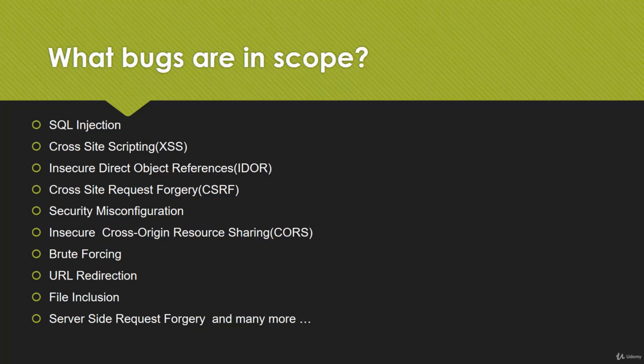Then we'll talk about what is brute forcing, how many types of brute forcing are there, and we'll provide you a demo as well. After that we have URL redirection and then file inclusion. File inclusion has very high severity, as if you are able to find this vulnerability in any website, then you might be able to get a hold of the website or the server as well, on which the site has been hosted. Apart from it, we'll also talk about what is server-side request forgery, and there are few more things